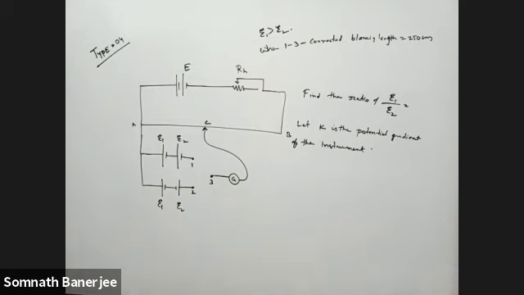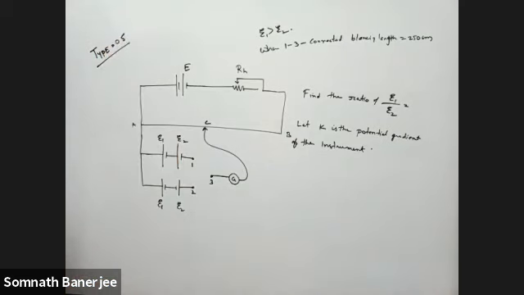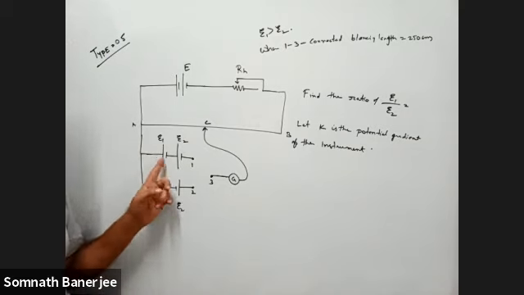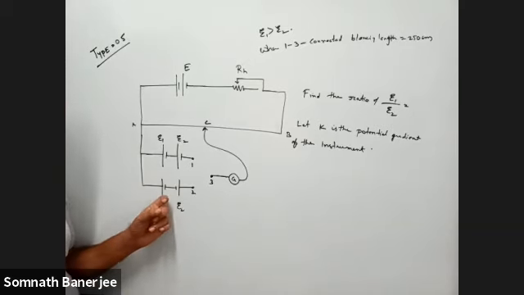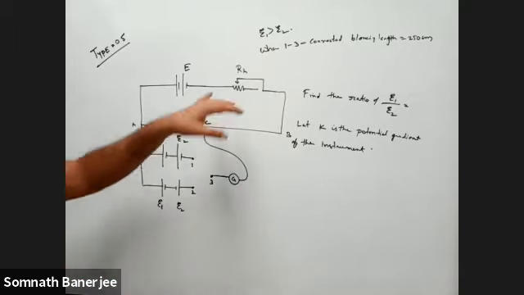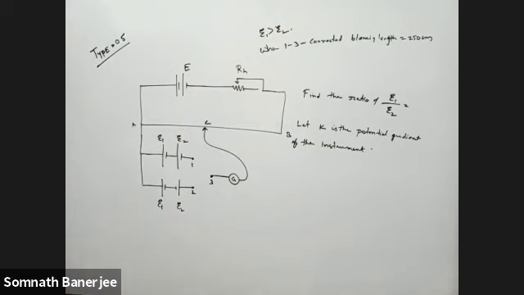So now this one is one more structure, type 5. So in this type 5, they arrange in that way. E1 and E2, they are in the same direction, plus minus, and they are in opposite direction. So basically they are in opposite direction, and it is given EMF 1 is greater than EMF 2.